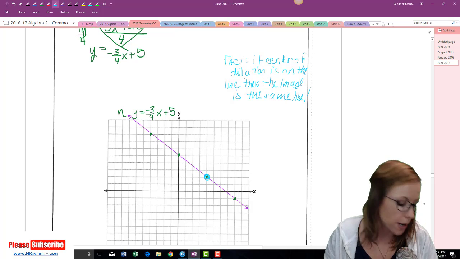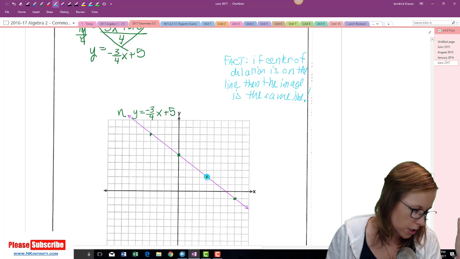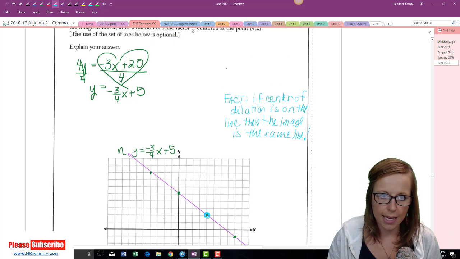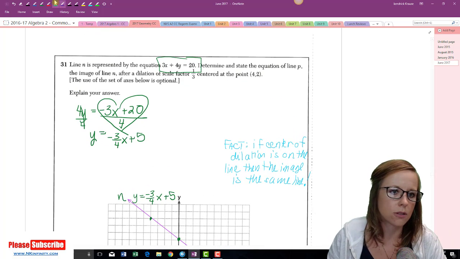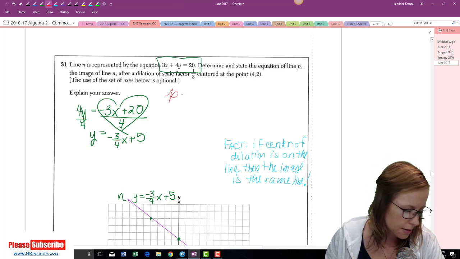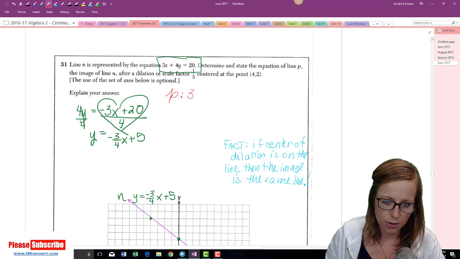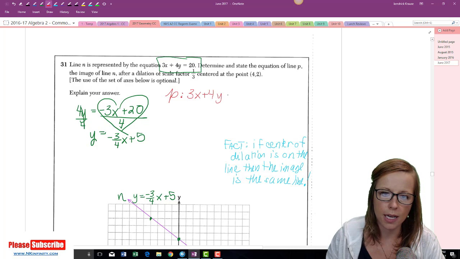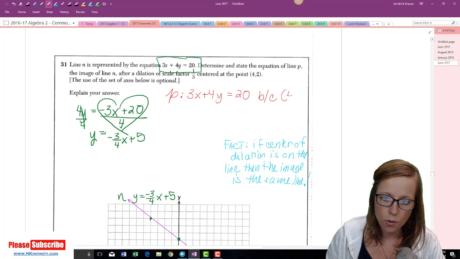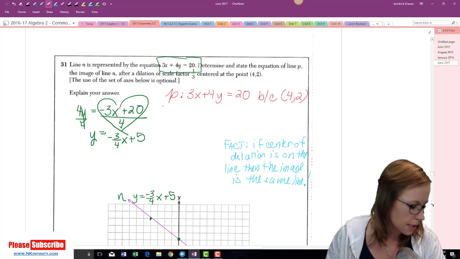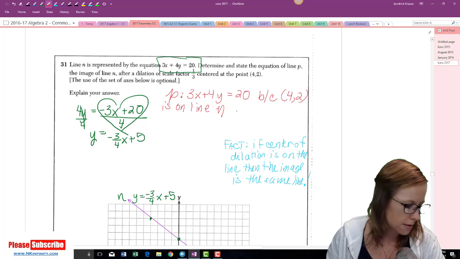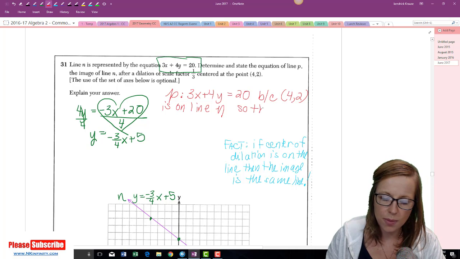That's a fact you have to have in your brain. So it asks you to state the equation of line P, but line P is just going to be the same. So my justification here, it says explain your answer. So I'm going to go up here and I'm going to say P is also 3x plus 4y equals 20 because (4, 2) is on line N. So the equation of P,